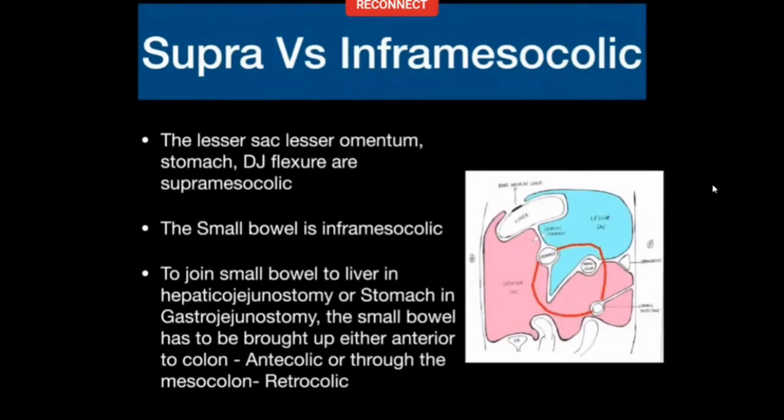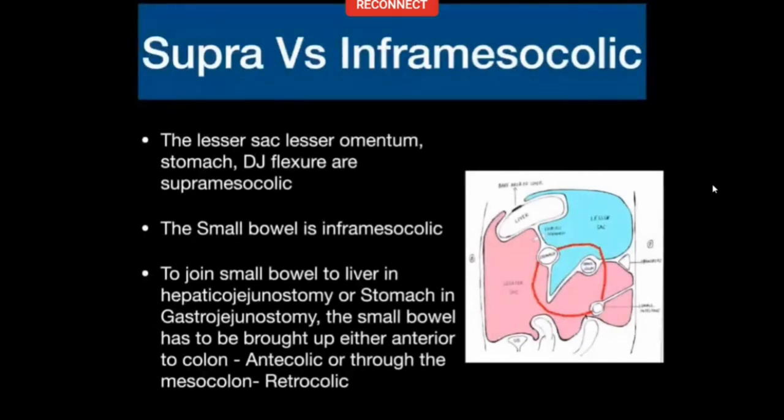Now, there are two compartments basically for the surgeon and for you. All right. One is the supramesocolic compartment. So first try and identify where is your lesion. If your lesion is supramesocolic, it is unlikely to be from the small bowel mesentery. And if your lesion is inframesocolic, it is unlikely to be from the transverse mesocolon mesentery or the lesser omentum, right? So remember these things, that inframesocolic will be either greater omentum or the small bowel mesentery, and supramesocolic will be transverse mesocolon or the small bowel.